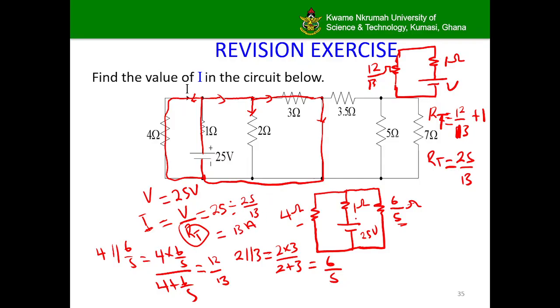What that means is that from the voltage source, 13 amps is what leaves the voltage source, 13 amps. Okay, now when this 13 amps gets to the node, what will happen is that it will split